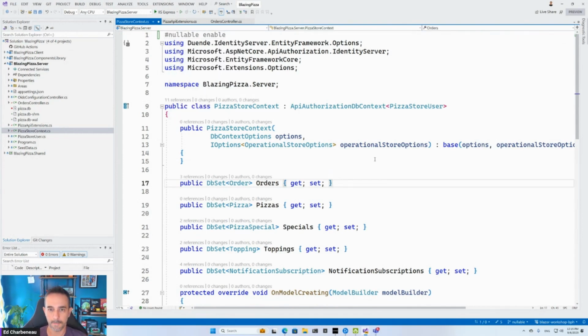All righty. This is the Entity Framework context. Now, from what I've read,